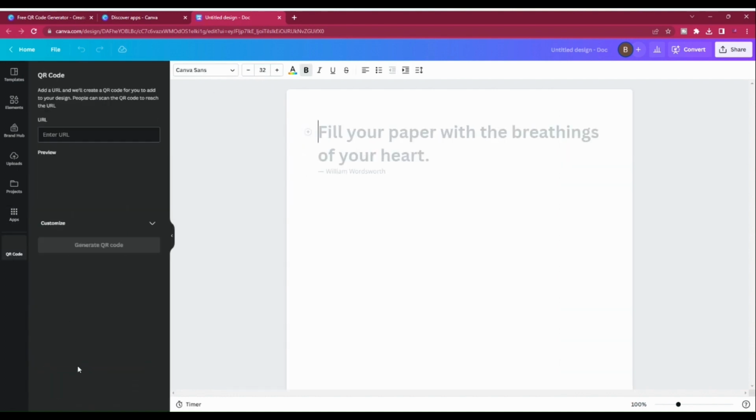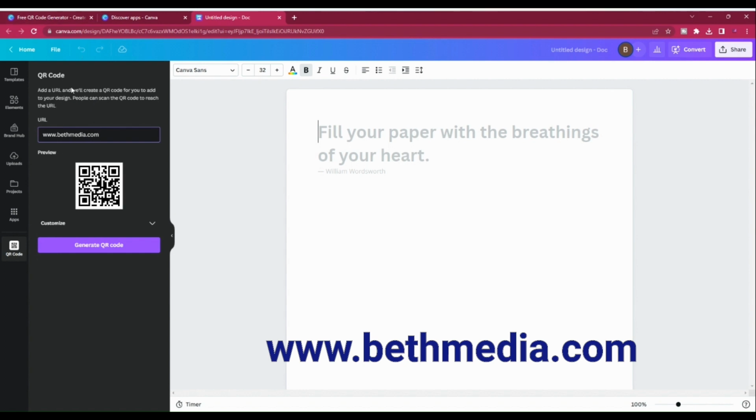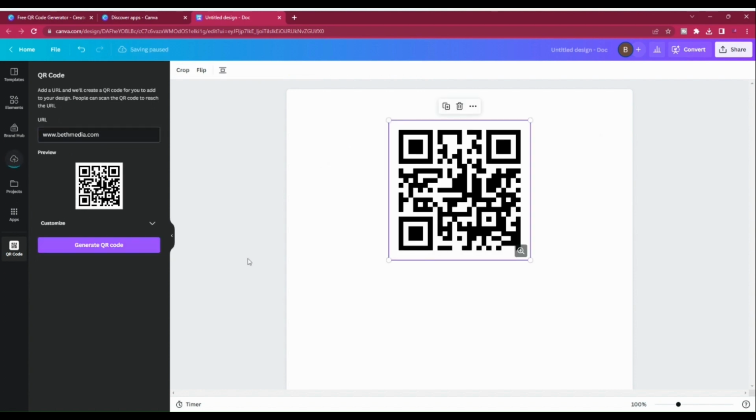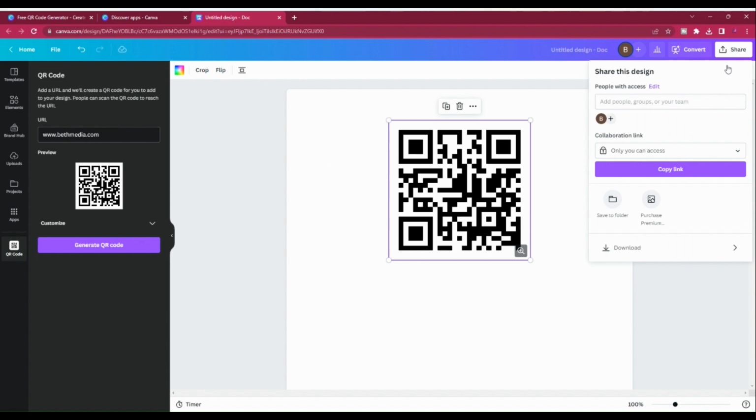Here we want to use this and then we want to enter a URL. So enter URL. The URL is www.betmedia.com. You can enter any URL. You can link this to your YouTube page, to your Etsy store, to your Instagram page, just whatever you want your client or your consumer to see when they scan this QR code. And then we generate our QR code. And there you have it. If you scan this code right now, it will take you directly to our Bet Media website. So there you can share it, you can